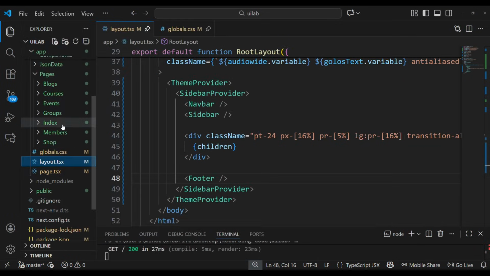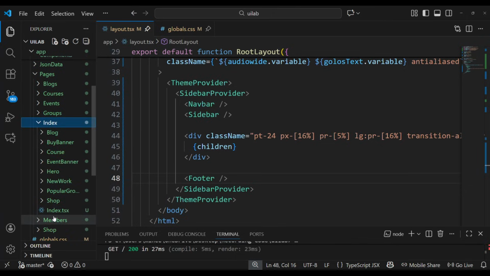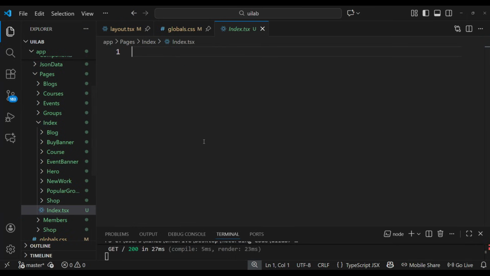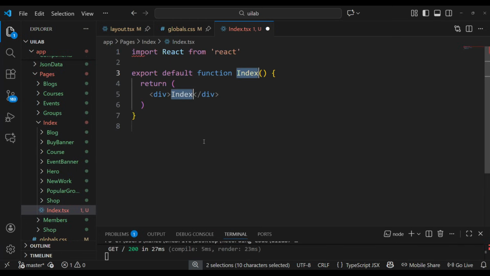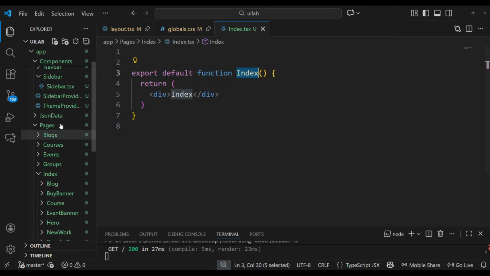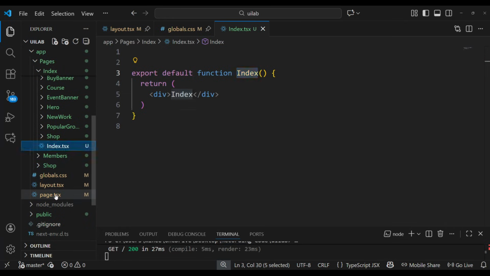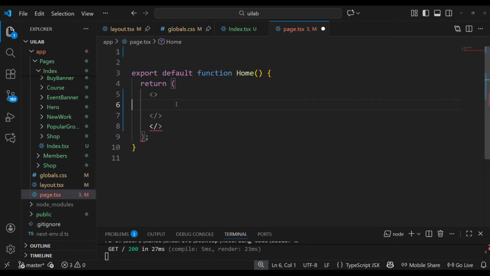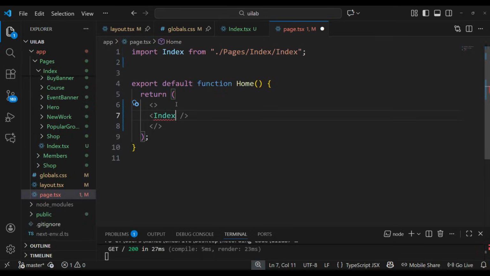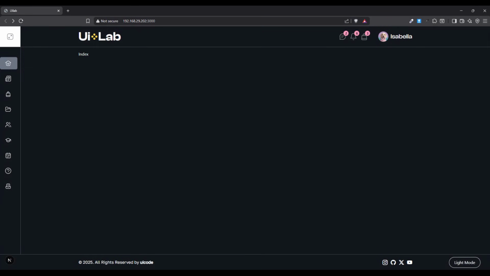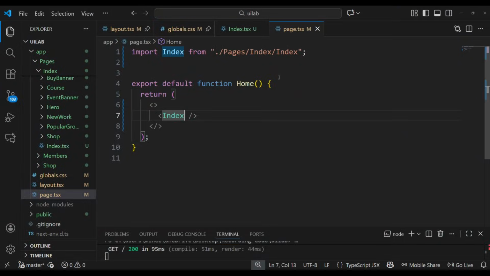So the footer has been designed. Now we have to define all pages. So first of all, index. In index.tsx we have to write the function component Index, and this Index component will be used in the page.tsx of the root. So let's move to the page.tsx and import our component Index. Now it's time to define all the subsections of index. So you can see that here index is displaying. So inside the index we have lots of